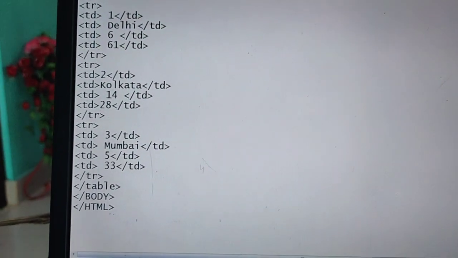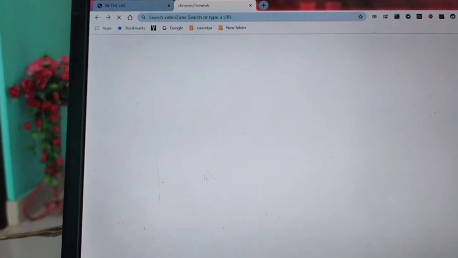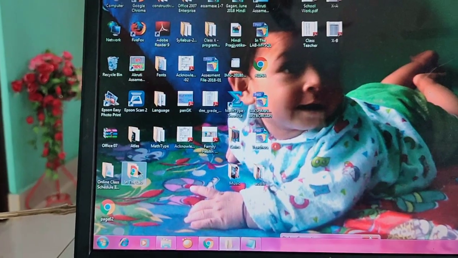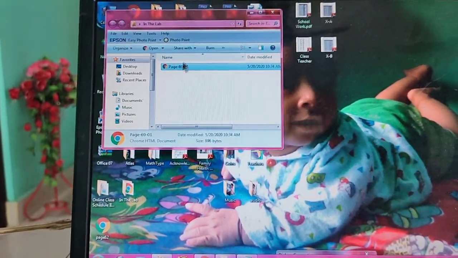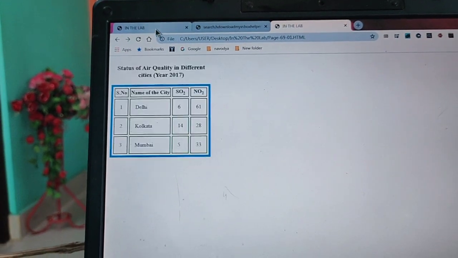When you save this program by clicking save, then minimize the program. If you run the program, the output will appear like